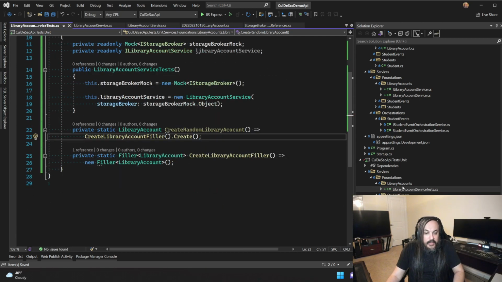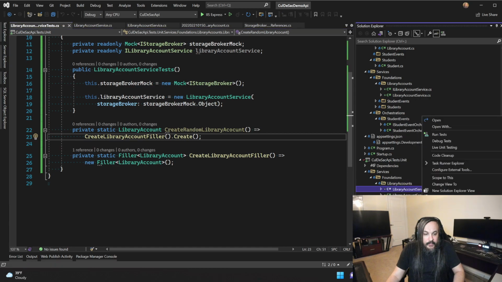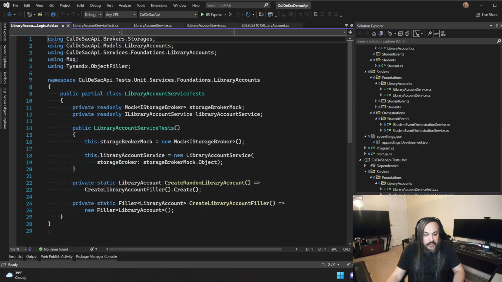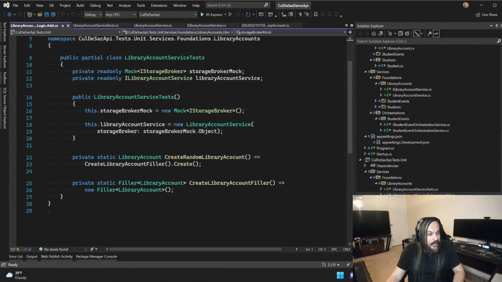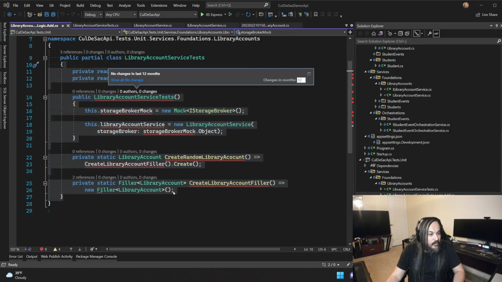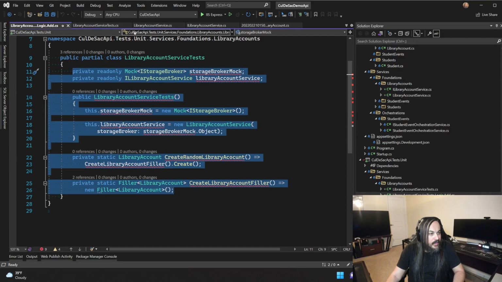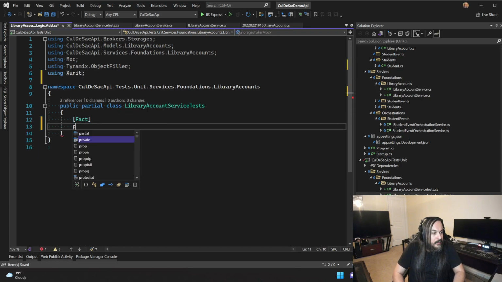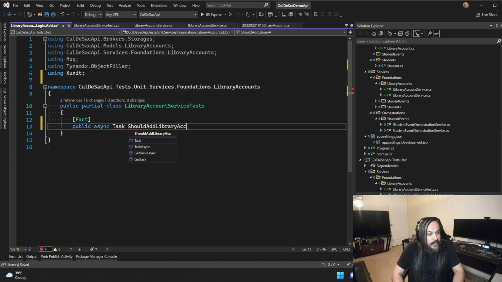Okay, so that's one part. Now let's go build the other part, which is the actual tests, right? So let's go into the .logic.add. So a very particular test that I'm going for here. And it's going to test the add capability in my library account. Let's do that. Here is a fact. And then public async task should add library account